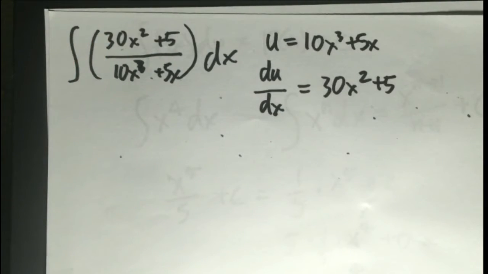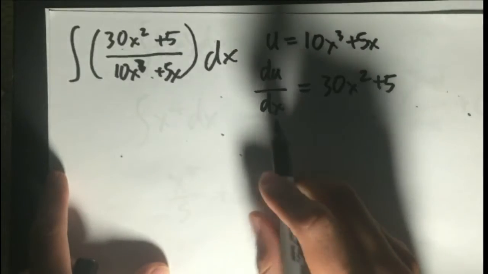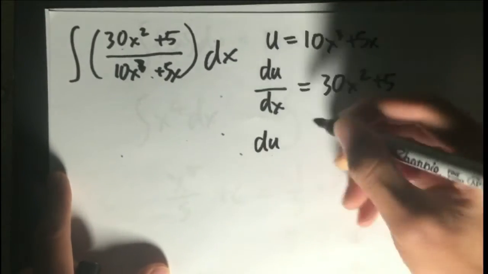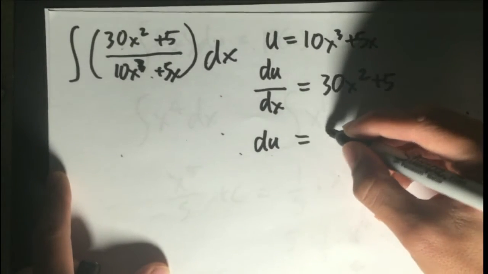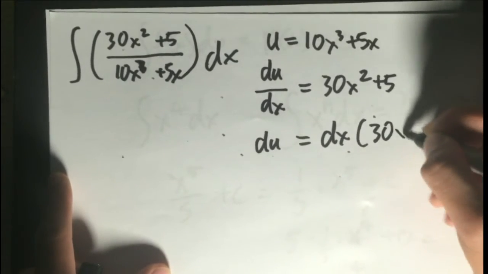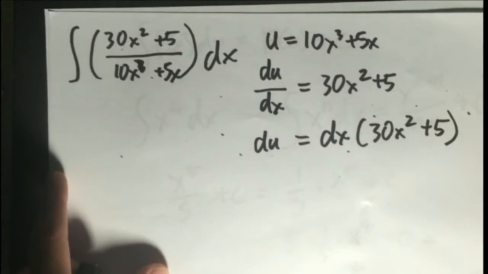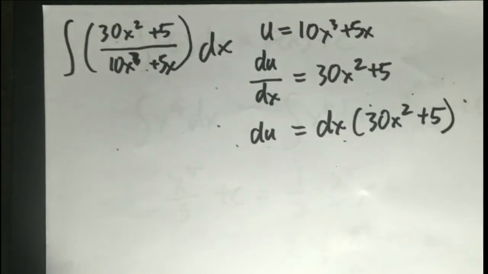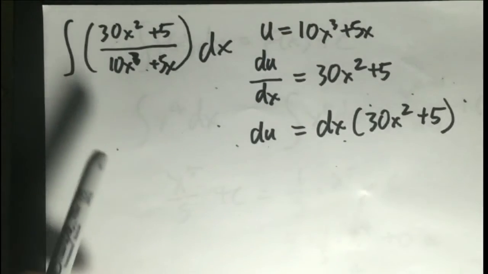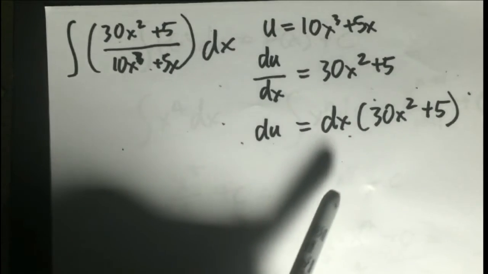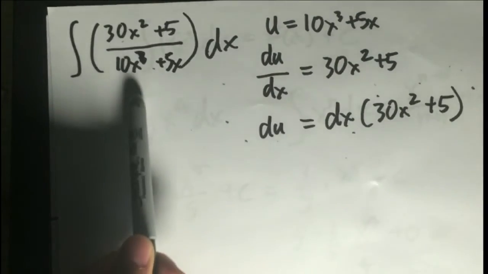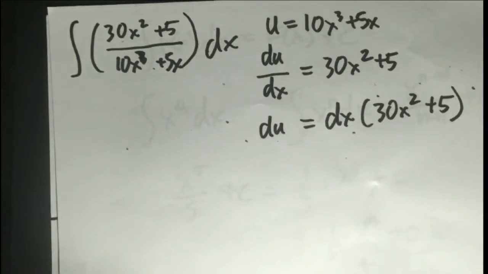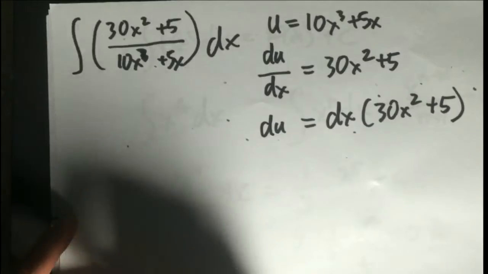So now, from here, we can multiply both sides of this by dx and get. You may ask, why do we need to multiply both sides by dx? Well, if you look here at the original problem, there's a dx at the end, and we want to match this with this, so we can plug it back in and make it easier to visualize. So if we plug these values back in, we will get